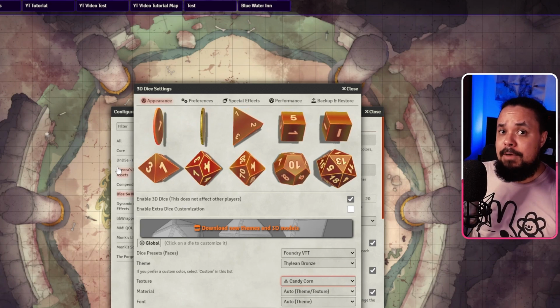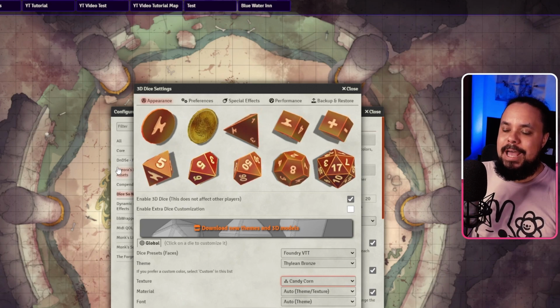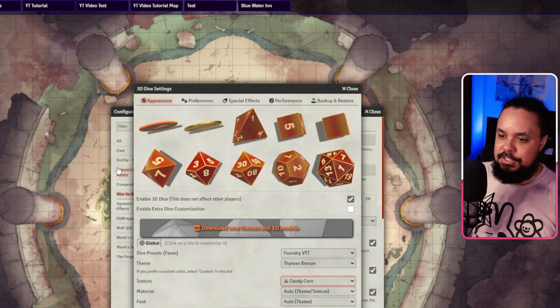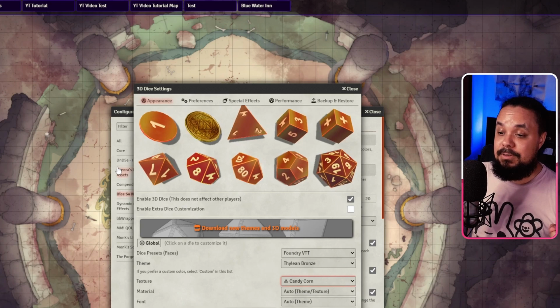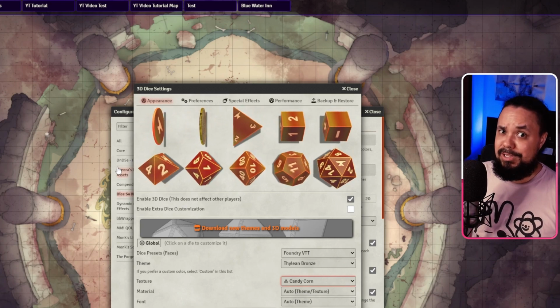And there you have it. If you have all of these extra modules for Dice So Nice, you're going to have a huge amount of customization options to make all kinds of cool dice. So get Dice So Nice, get those extra modules, links are in the description box, and create some really cool dice. I'd love to see them. How'd you like that? Beautiful 3D dice rolls in Foundry VTT games to make your adventures more immersive. I personally love this module as it makes the game feel a bit more like playing at an actual table,